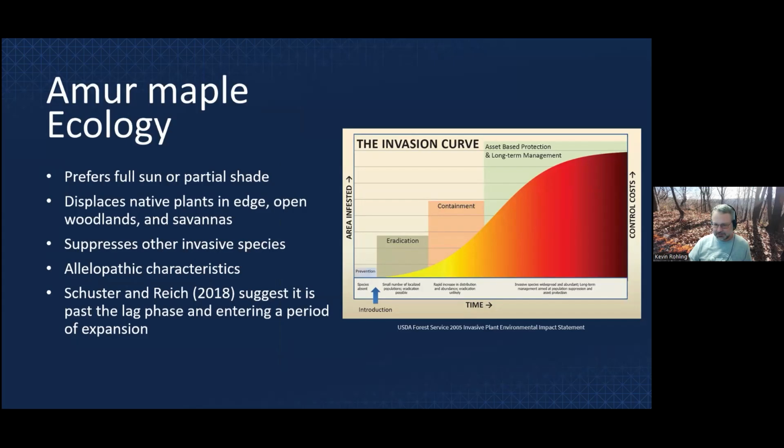It also has likely allelopathic characteristics, so likely is emitting chemicals to suppress other plants in its vicinity. One study suggests it has passed sort of this lag phase and is entering a period of rapid expansion. So if you're not familiar with the invasion curve in invasive ecology, there is a point where the introduction has reached enough individuals on the landscape that eradication is no longer feasible. And this is likely where Amur maple is on the landscape, even though I haven't really seen it out on